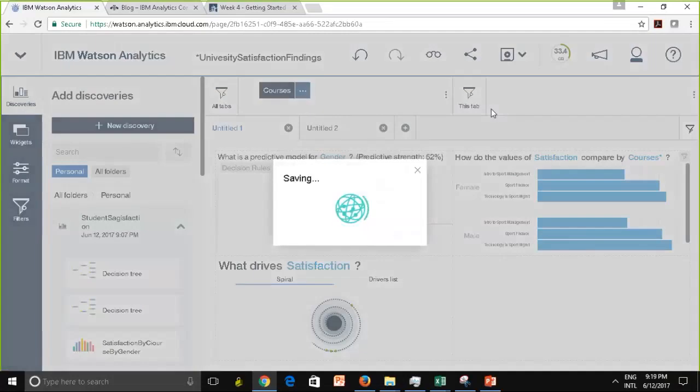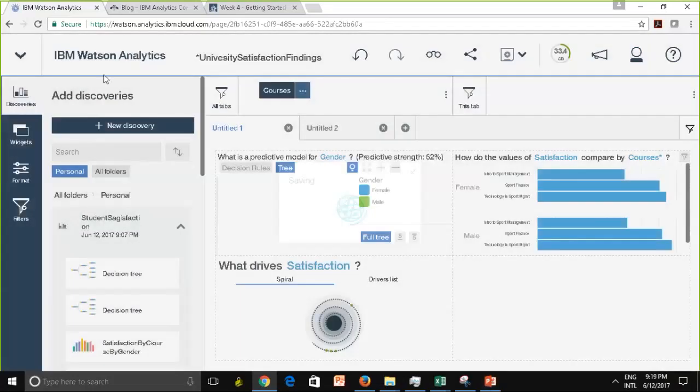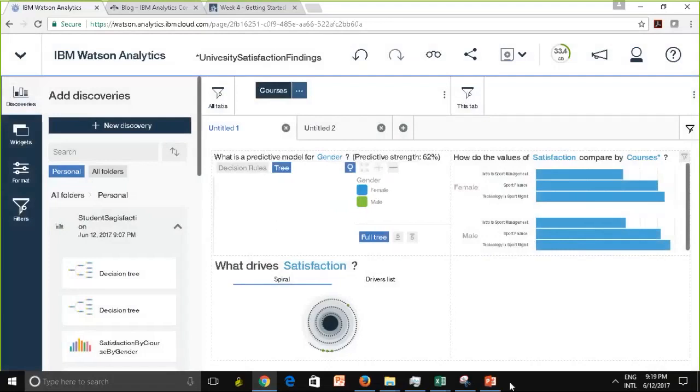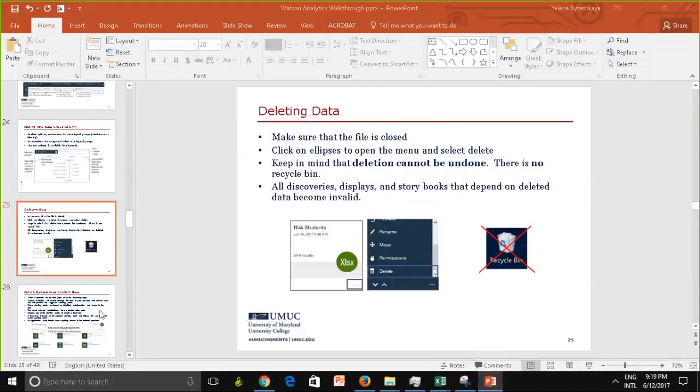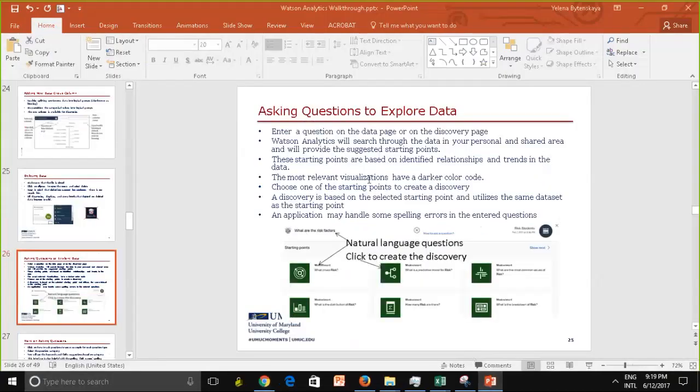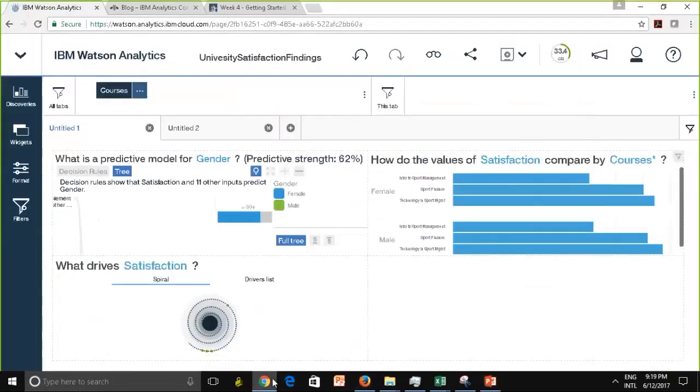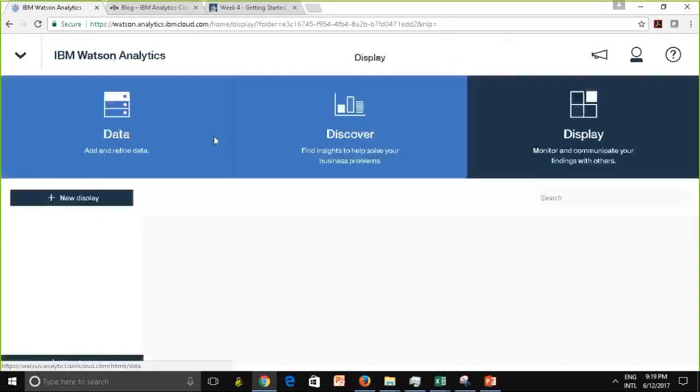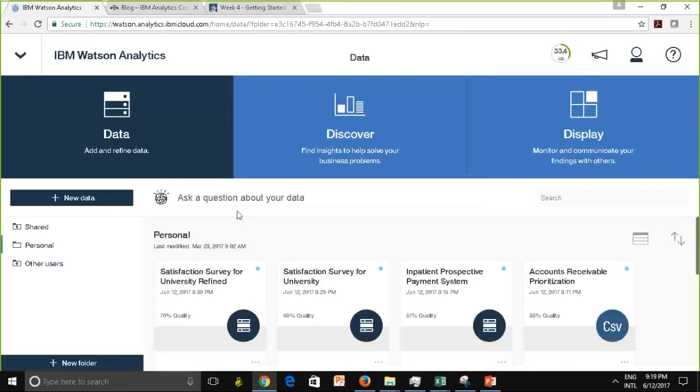Okay, so now let's see to make sure that I covered deleting data. Oh, asking questions. I need to cover it more in depth. So let's go back here. This is important also for the test that you'll take and for the course. There is more than one way I can type my question. If I type my question over here, such as satisfaction, what drives satisfaction,